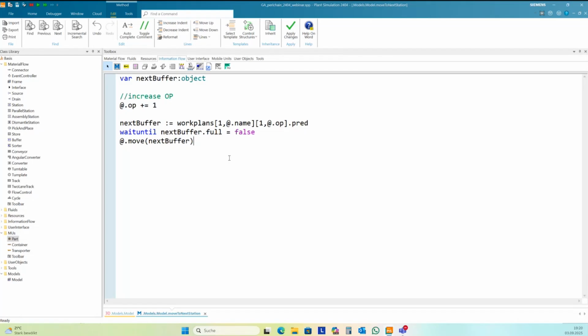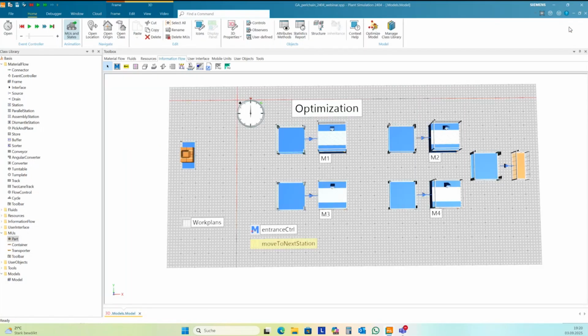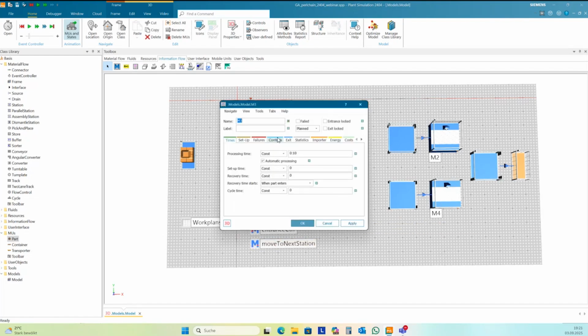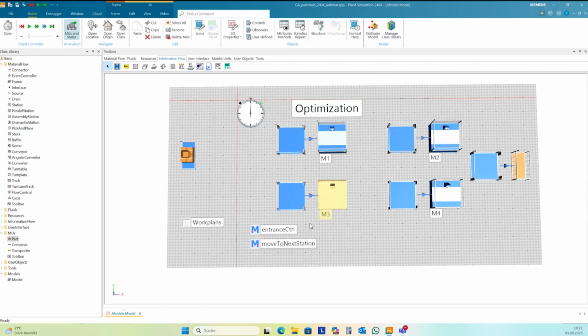And this is the exit control of all stations and of the source. So I just drag it on source and M1, M2, M3, and M4. And then you have two controls. The first control sets the proc time, and the second control moves the part to the next step inside this job shop production system.